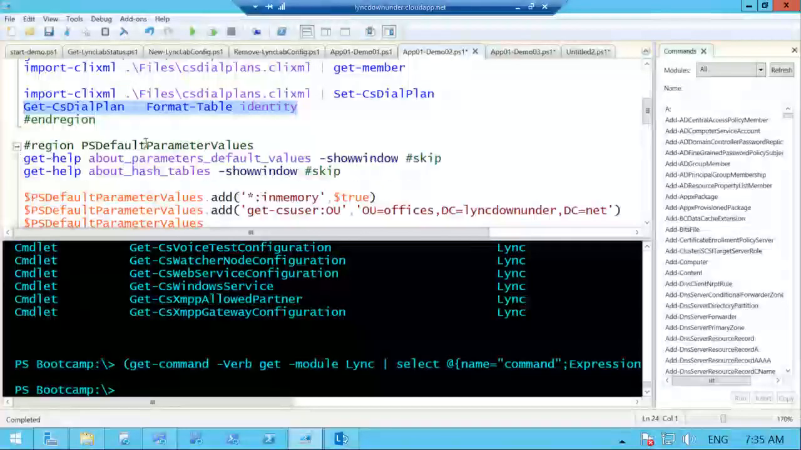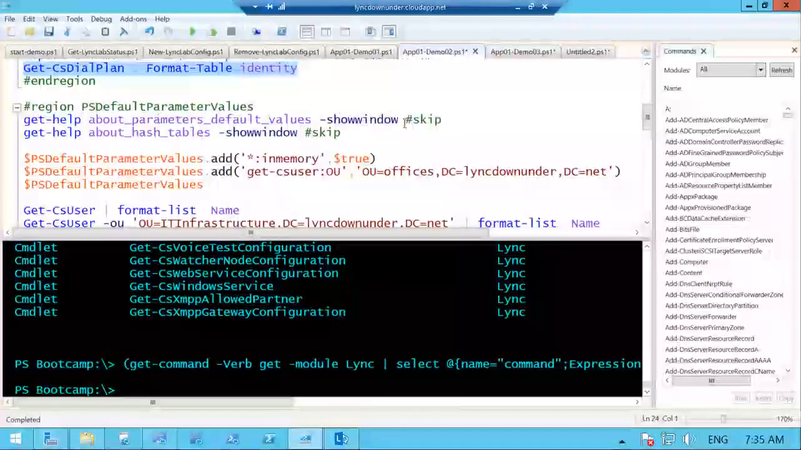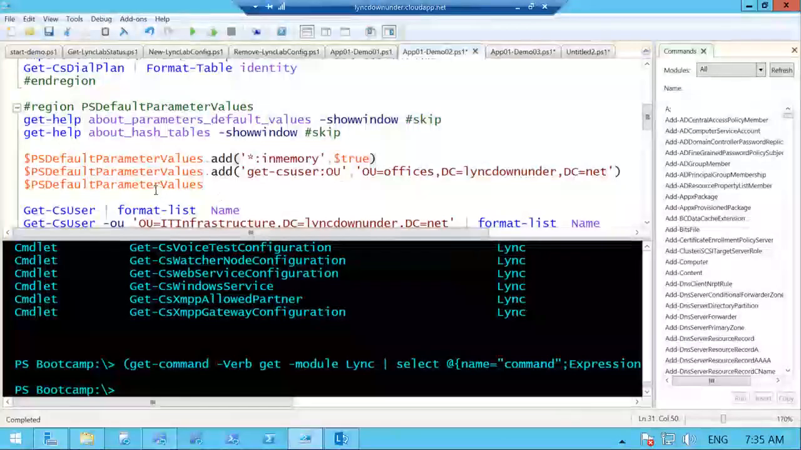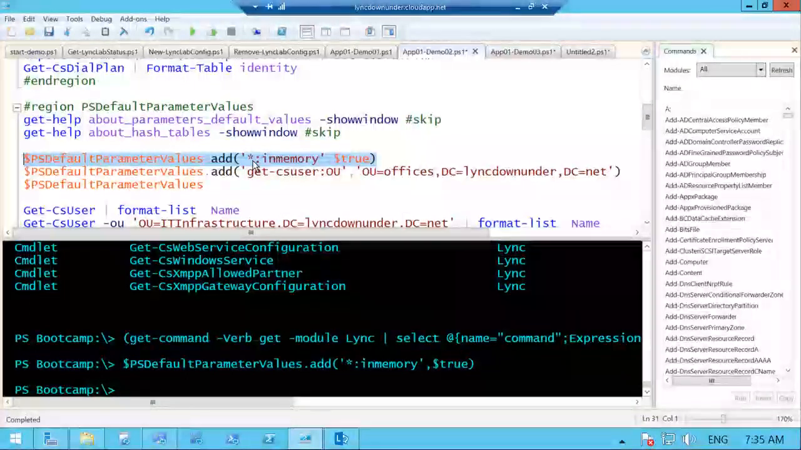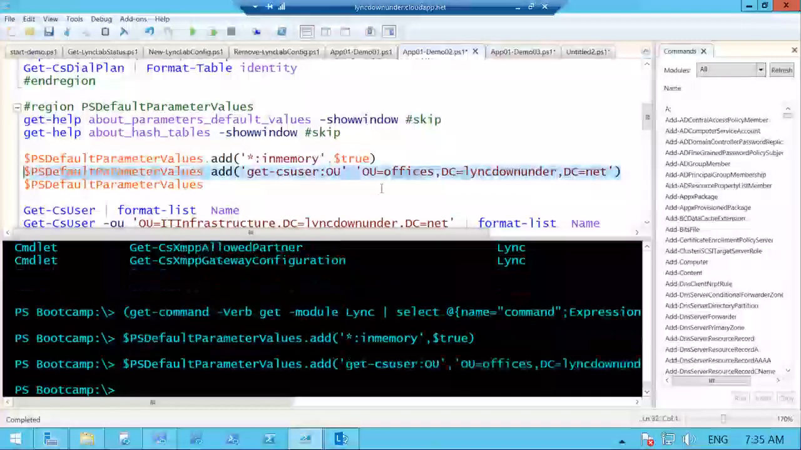There's another cool thing we have, which is called PSDefaultParameterValues. So there's some help there, about parameters default values. I'm actually going to use these for these demos in some cases. What this does is it sets a default value for commandlets. In this case, I'm using a wildcard asterisk, so for any commandlets we're talking about, I'm just going to put them into memory rather than write them back to the database. To give you an example of how that works, if I was to run Get-CsUser,